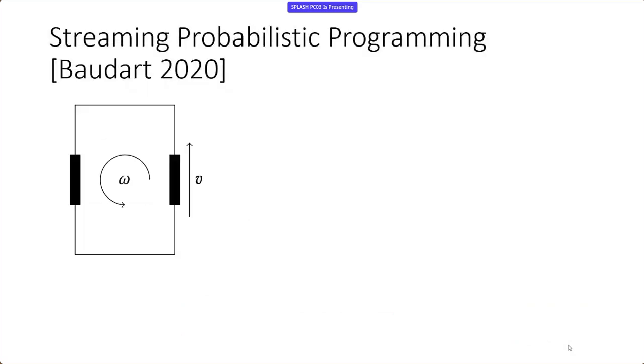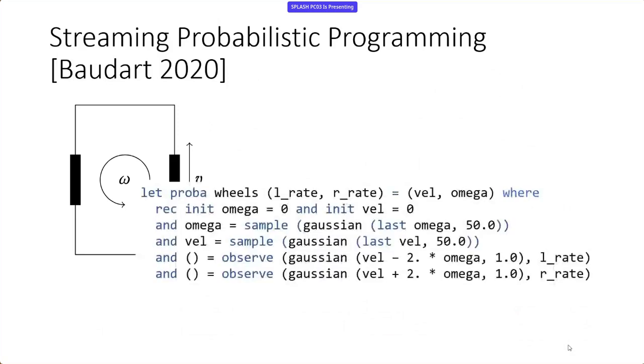So imagine you want to write some state estimation code for a little two-wheeled robot, and the goal is to take in information from speed sensors on each of the wheels and use this to estimate the forward velocity and angular velocity of the robot. The thesis of probabilistic programming is that you should write down a probabilistic model of your robot in a programming language, and the programming language implementation should automatically perform Bayesian inference.